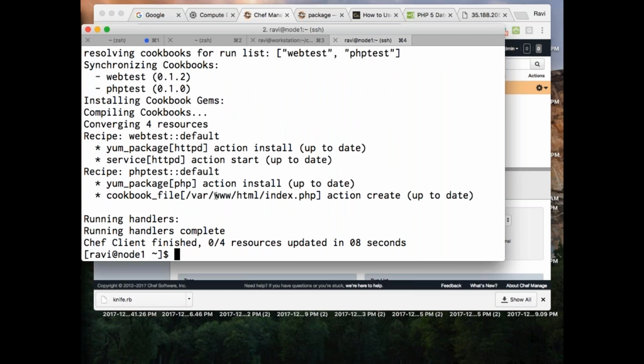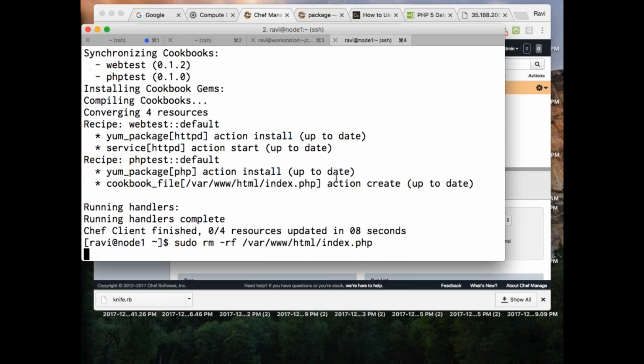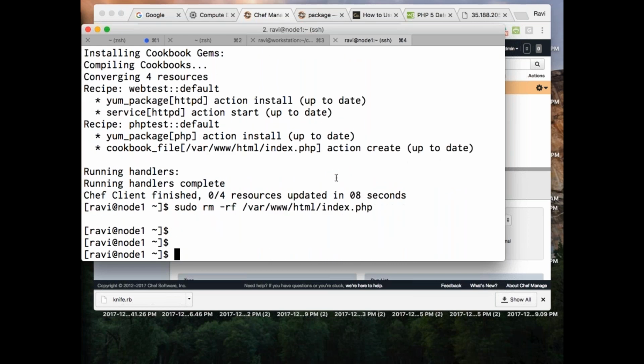It's already there. Right? So what I'll do is, I'm basically wantedly changing that state so that it goes and installs it again.